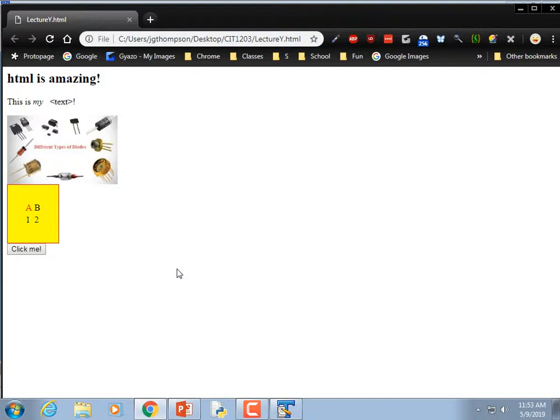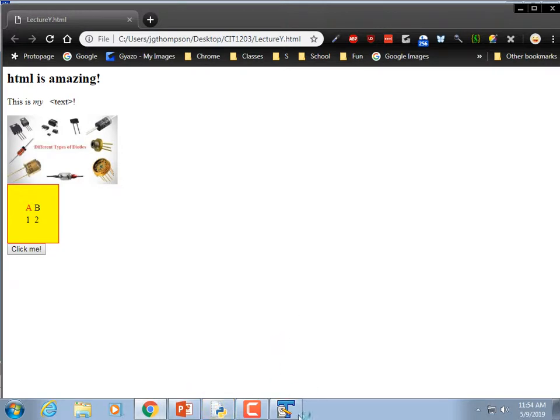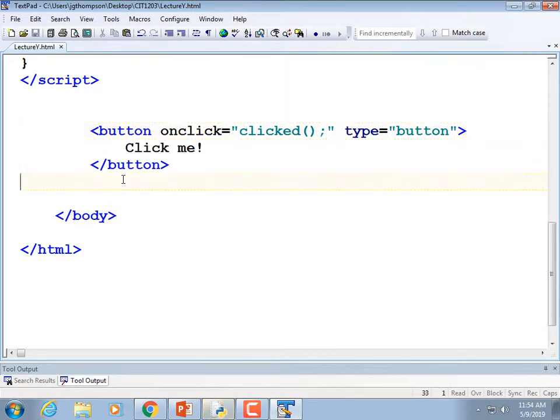So now we're going to modify our program so that when you click it, it writes something to the page using the document object model. I don't recall whether this has to be embedded directly in it or not. I believe that it'll trigger as soon as the web page loads if we do not define it as part of a function. So I'm going to go back to my editor, and underneath the button I'm going to start